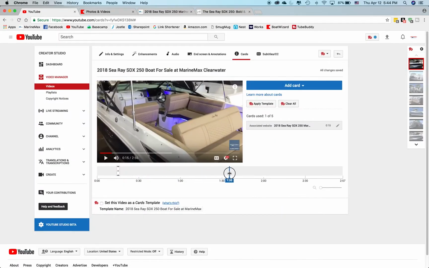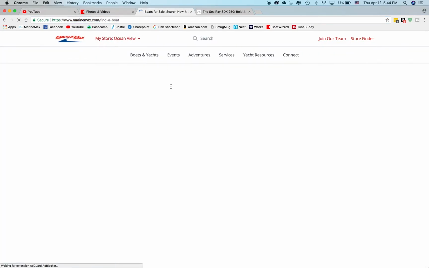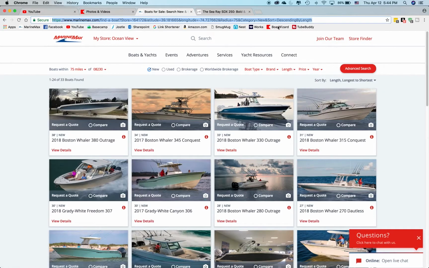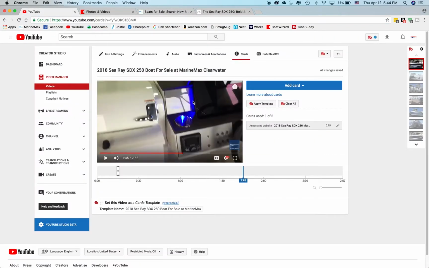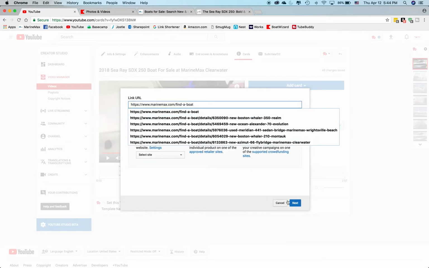So I want to have two though, because you get some space, and in case for whatever reason they like the video but they don't want that boat, what I do is I go to find a boat, and it auto populates this extra code because it's finding where we are. But what I always do is just copy this part, which is the find a boat. So I want to give customers the potential chance to, if they're not interested in that boat, possibly find another boat. So click add card again, click link, paste that link right into there,